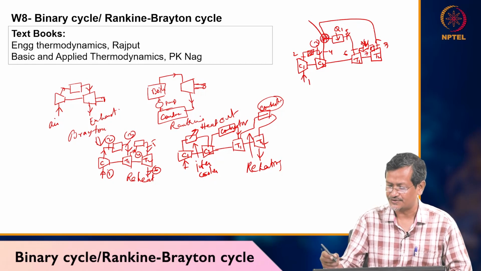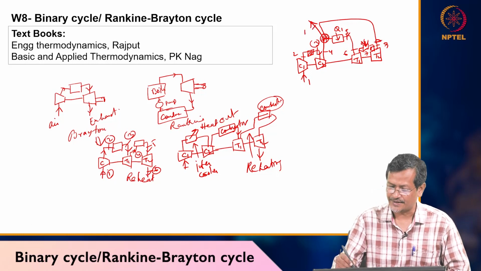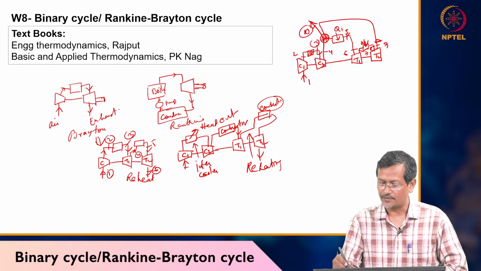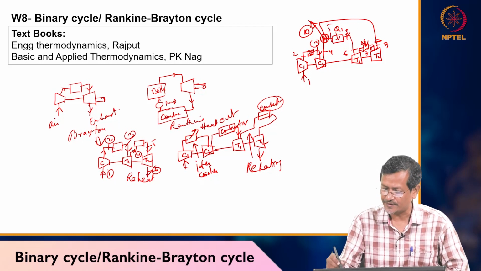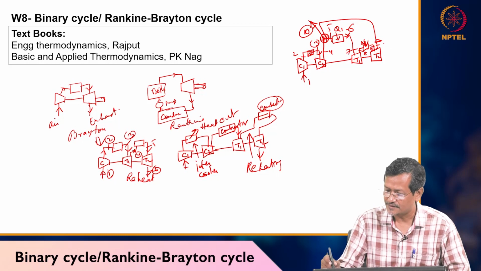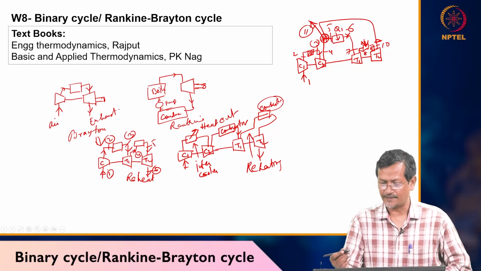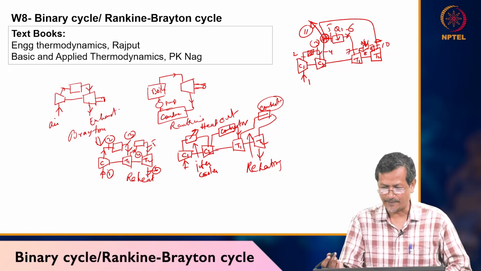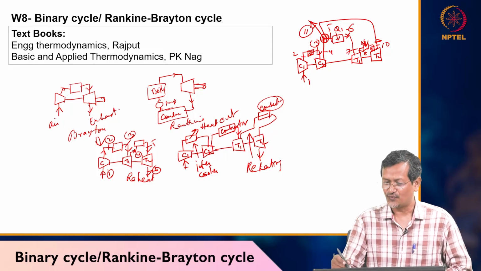Okay, this is your heat exchanger. So 9, maybe this one 10. So instead of 4 to 5, I have to put 5 here, I have to put 6 here. You have to change the numbers, 7, 8, 9, 10, 11. So 1 to 2 compression happening, 2 to 3 intercooling happening, 3 to 4 again compression happening, 4 to 5